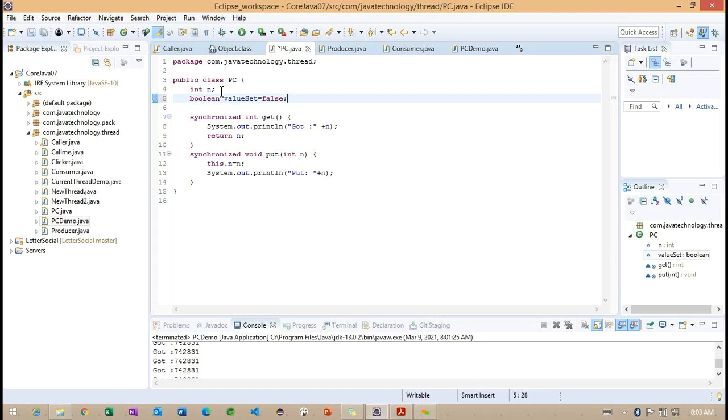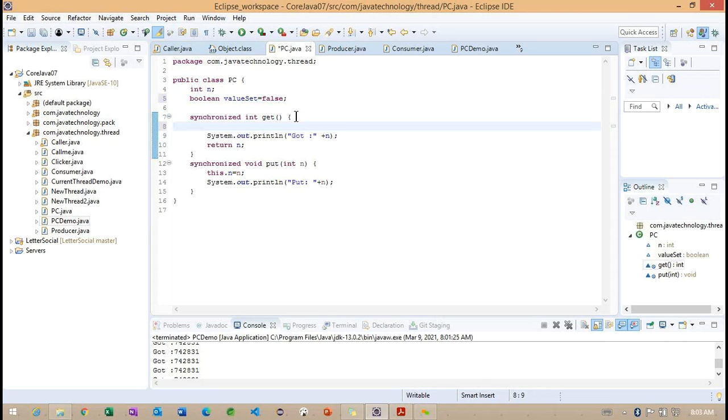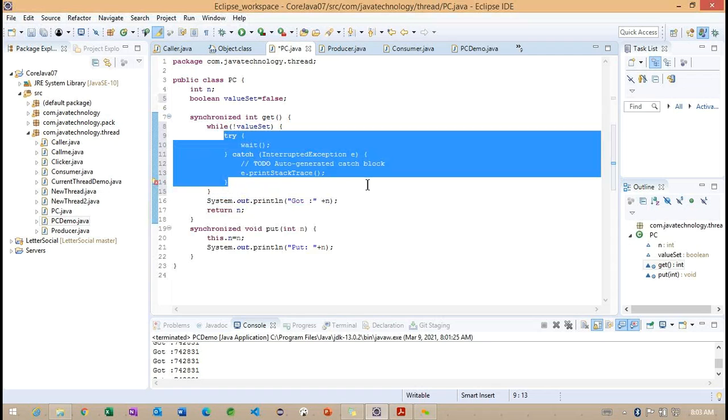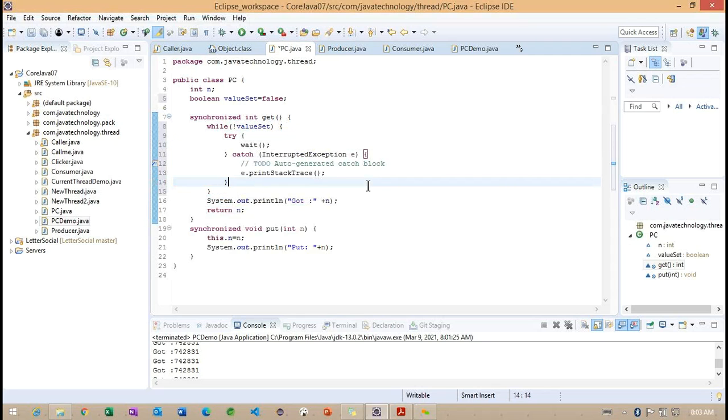By default it is false. Inside this get method, I'm making one loop here, with the condition valueSet. Whenever valueSet is true, I will call the wait method. Again, it's going to throw an InterruptedException here.